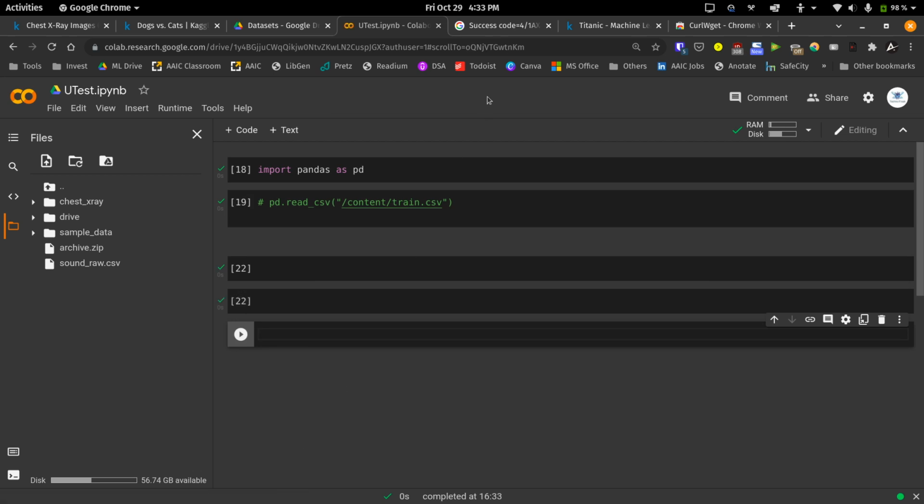So I think that's it. These are the 4 methods which you can use. First one is to upload directly into your Colab instance using the upload tab. Second, do it via Drive. There are 2 options there: either you upload to your Drive and mount it, or if you want to make the file public, do that and then use gdown. Third, you can use the Kaggle API, which is great if you are looking for datasets from Kaggle. And the last one is fetching the dataset using the curl wget extension, which works perfectly fine.